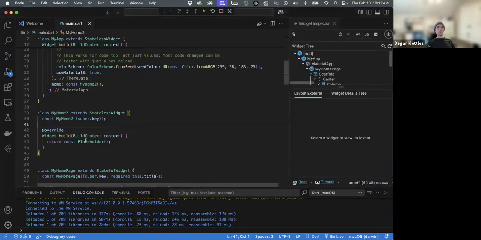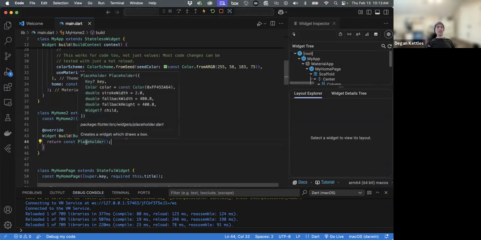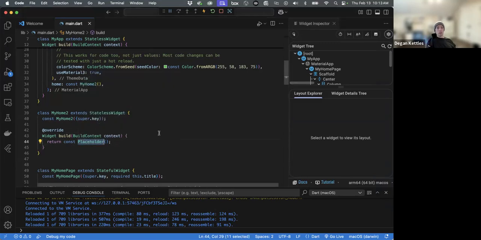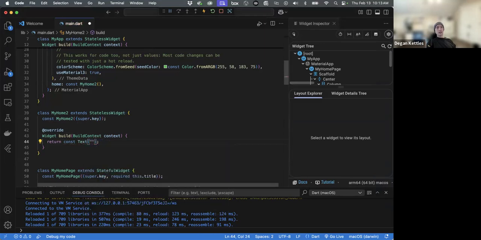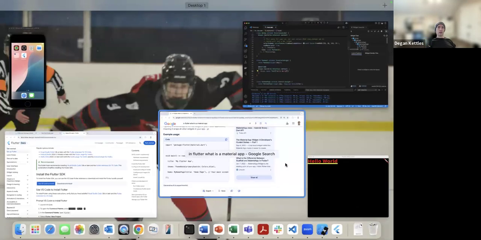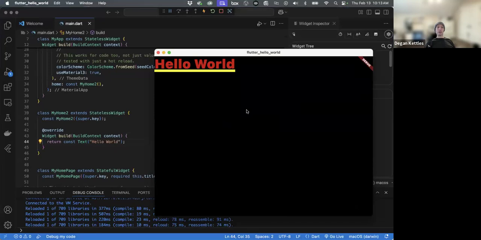Okay, so instead of this placeholder, one of the most basic pieces of text that I can put on a page is literally called text. And that is a widget, just like placeholder, just like all the other things that we're seeing. So I will type in hello world and I will hit save. It doesn't look very exciting, but there you go. There's hello world. You could probably stop right there,